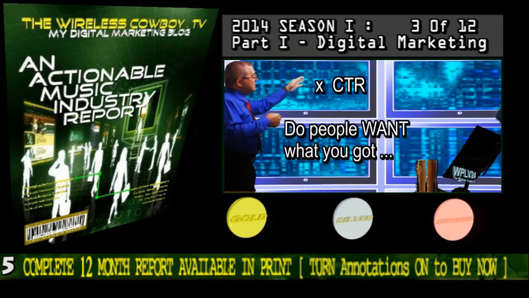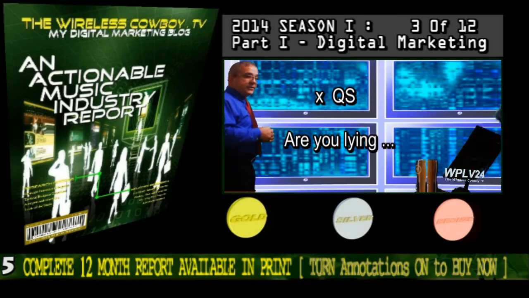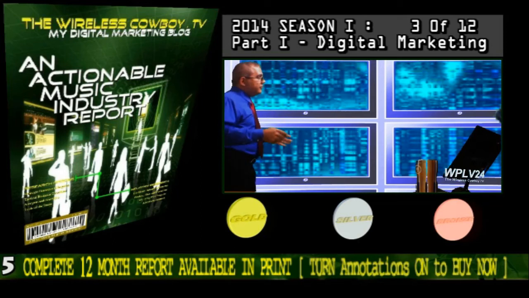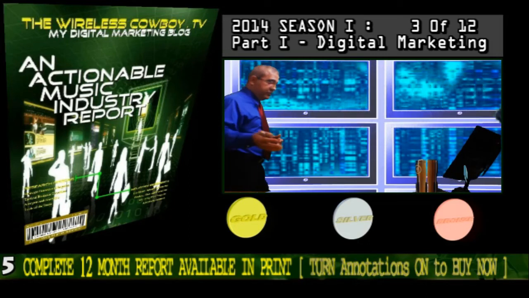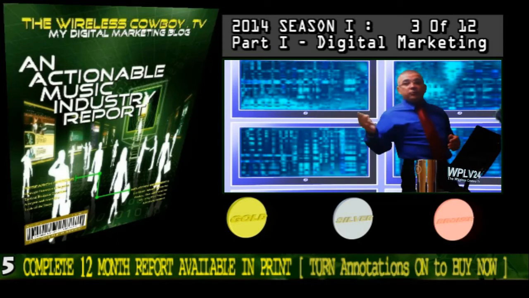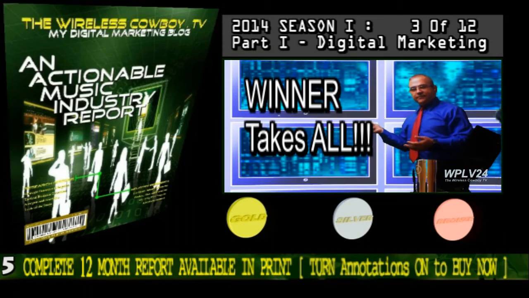CTR is the success rate of your ads and how often they are clicked because of the compelling text relevance to the search query. Last but not least, we have the QS, the quality score, which compares your ad's text with your landing page to ensure that they are relevant to each other. So, if you play by the rules, you will be placed as close to the top of the search results page in relation to what other bidders have bid for that search query and are willing to pay. It's an auction system after all.